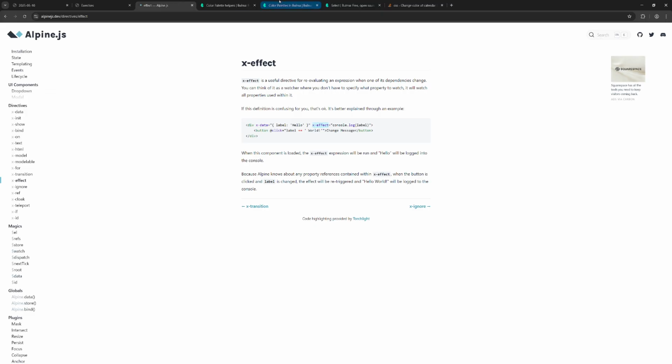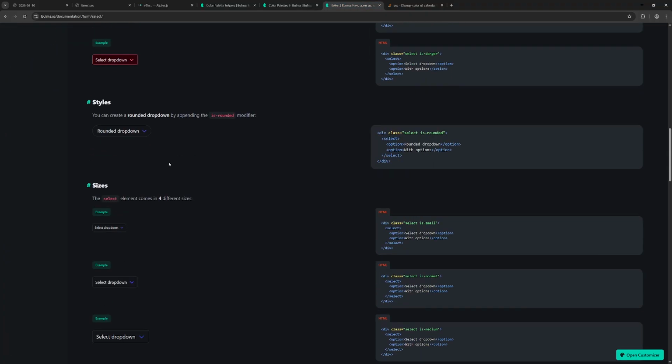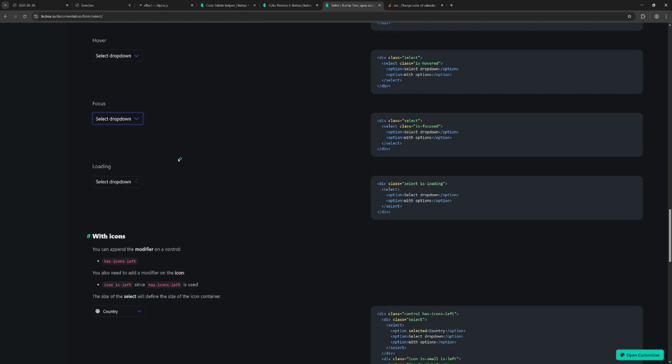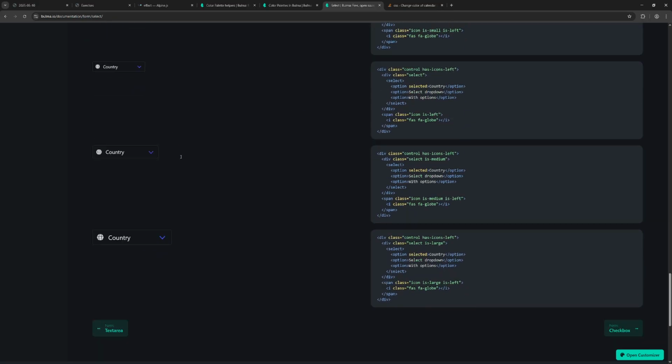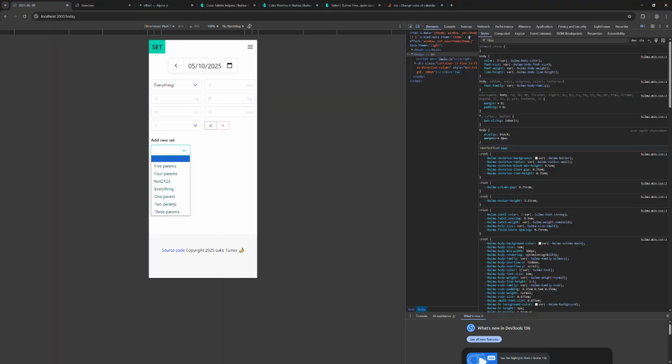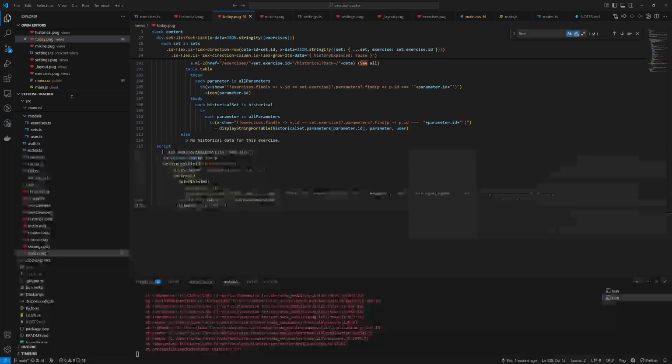But that's all right. And then we could have, I'm trying to think, do we want this text to also be that color, the add new set text? I think it's kind of fine as is. But it could be,